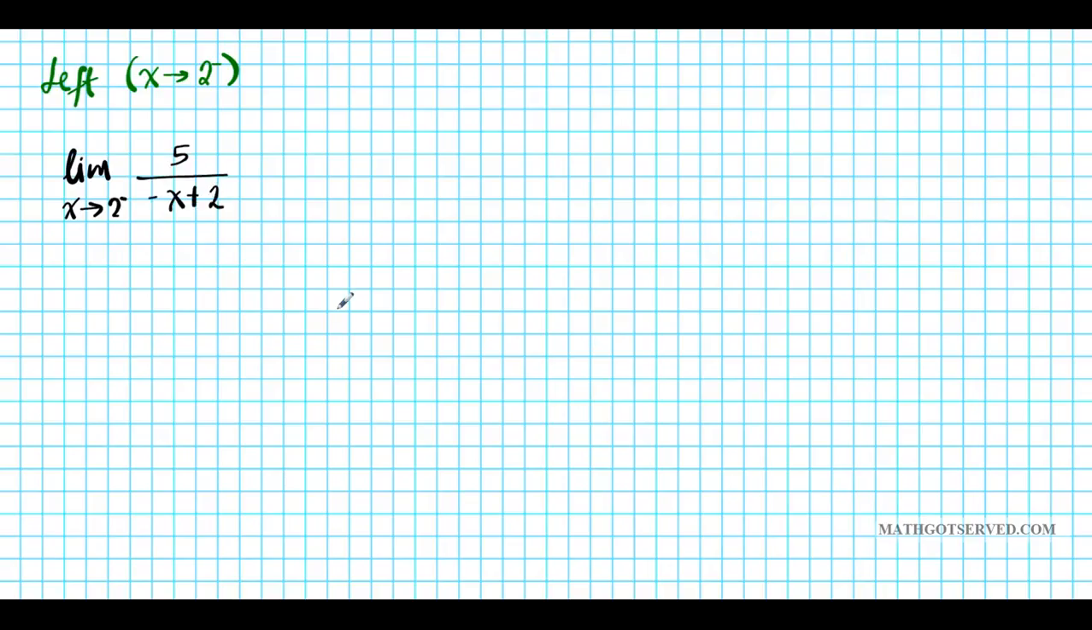Okay, so the first thing we're going to do is clearly a finite limit. We're going to substitute. So when we substitute, we get 5 over negative, the opposite of 2 from the left, plus 2. Okay? All right, so just something to recall